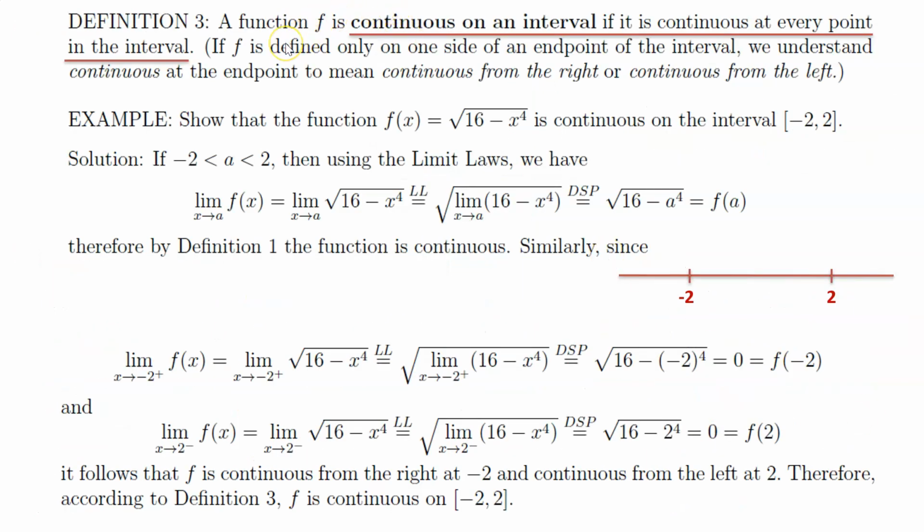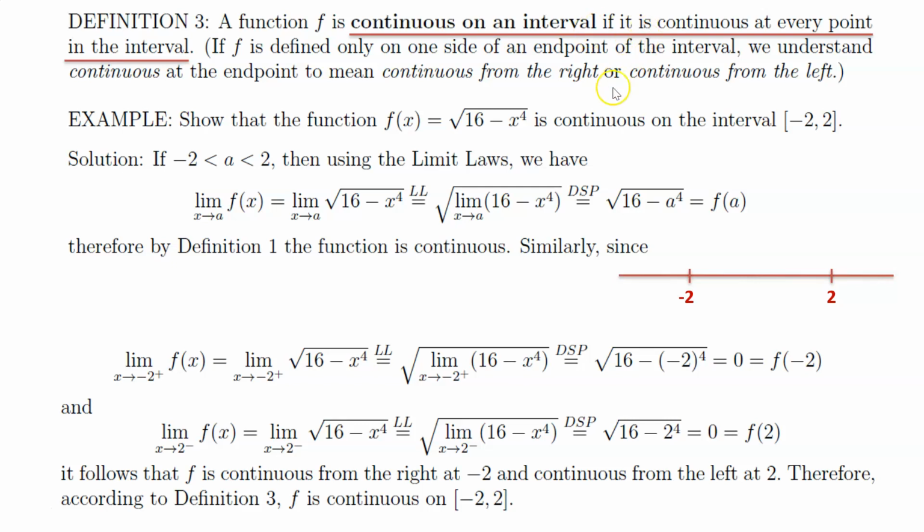Okay, now let's see the third definition. A function f is continuous on an interval if it is continuous at every point in the interval. Okay, dekat sini penting because it involve interval. I guess ada selang dekat situ. So dia kata satu function tu continuous dalam satu selang if it is continuous at every point on the interval. Maksudnya dia akan continuous dalam satu selang tu, yang mana dia kalau dia continuous pada setiap satu point yang berada